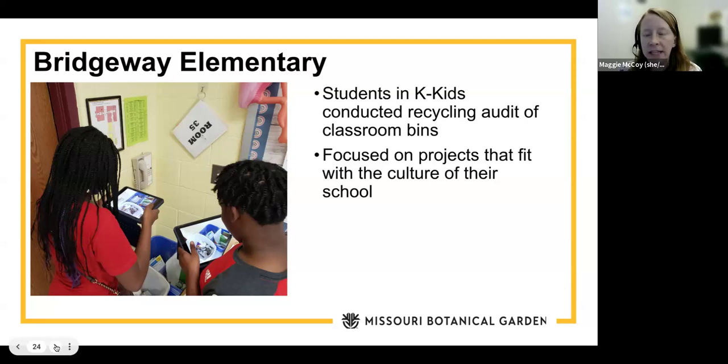And then I think one thing that Bridgeway did very successfully is, when they thought about their waste projects, they really focused on projects that fit with the culture of their school. They didn't try to make their school something entirely different overnight. They thought about, what does our school already do well, and how can we use our material better or produce less waste in the process of doing those things that are really very Bridgeway, is the best way I can describe it. So yeah, I challenge you to think about,